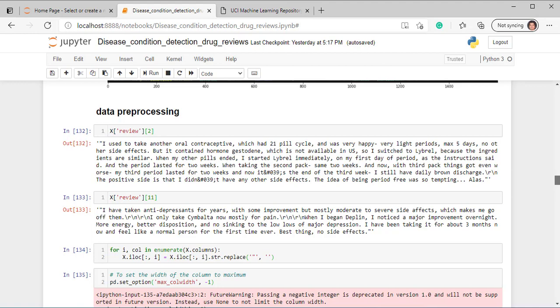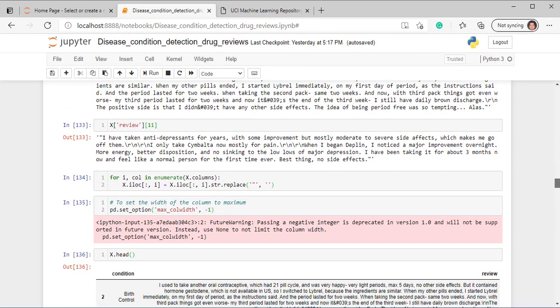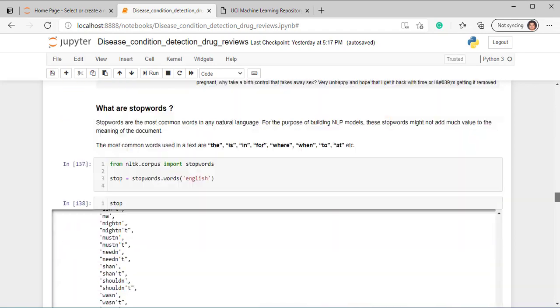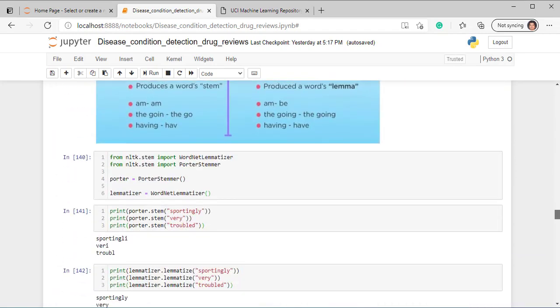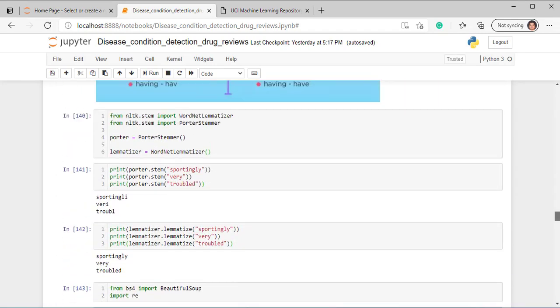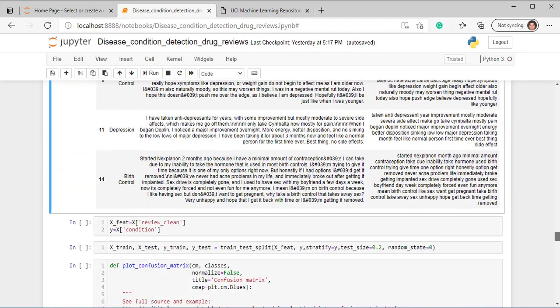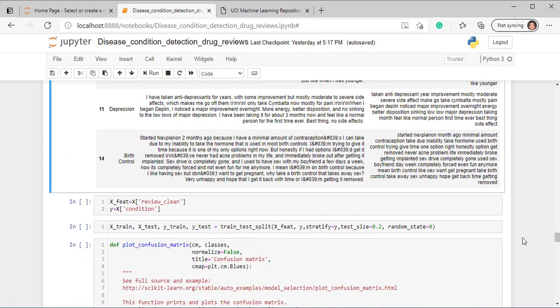any input into the machine learning algorithm, because machine learning in the case of NLP requires lots of cleaning and pre-processing. So we did some data pre-processing too, like we removed some of the double quotes, we removed stop words, then we used stemming, lemmatization, all that. So in this video, we'll first create the features and the target variables.